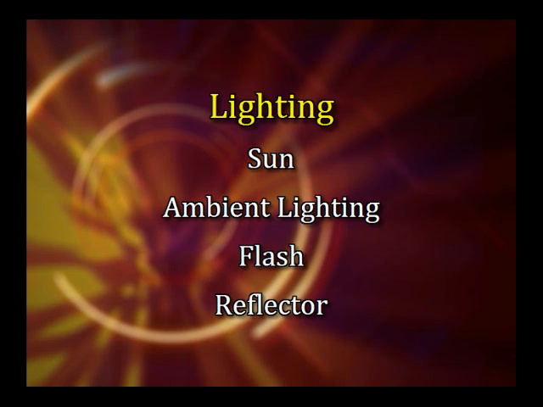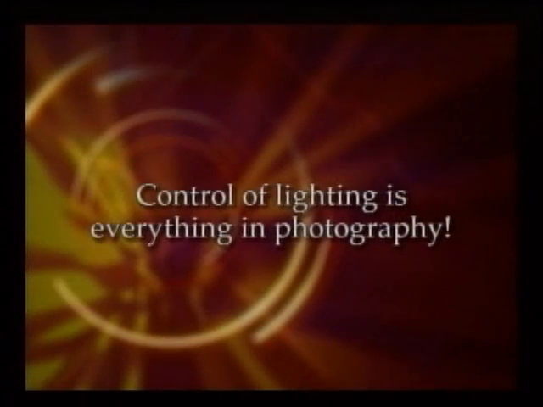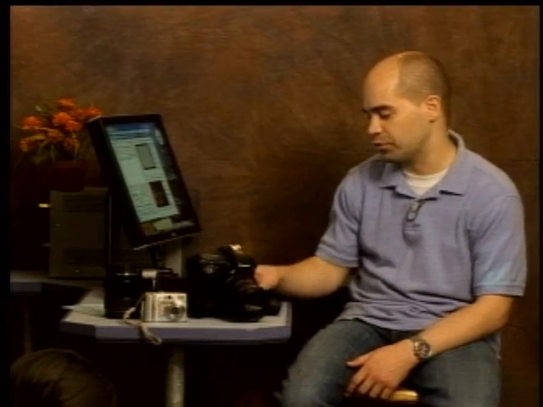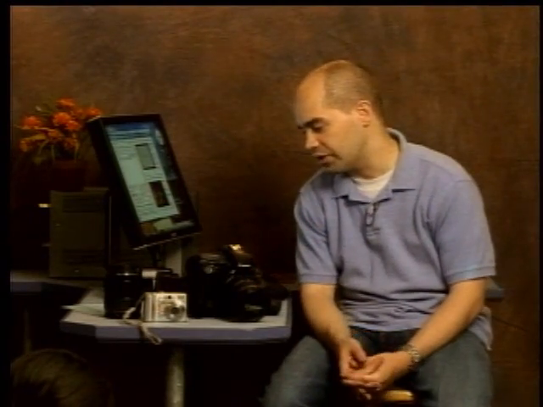And then the one that often gets neglected, that I really love, is the reflector. When I'm taking pictures, I love to have a big reflector. And the reason I do that is because the difference between amateur photography and professional photography is lighting. And so control of lighting is everything in photography. So that's why I wanted to put exposure first. The first thing that we talked about was lighting because lighting really is everything as far as taking pictures. Always, the difference between a pro and an amateur photo is your lighting.